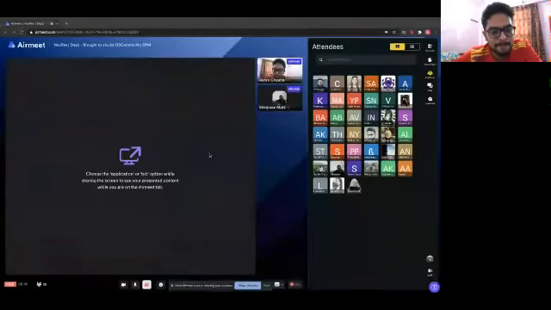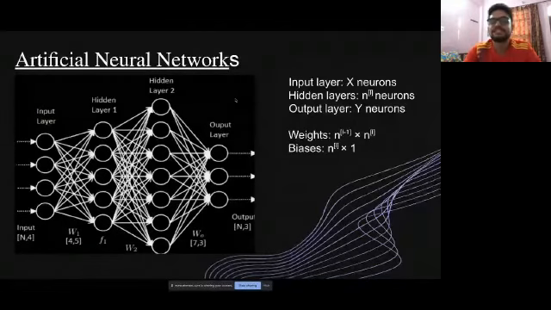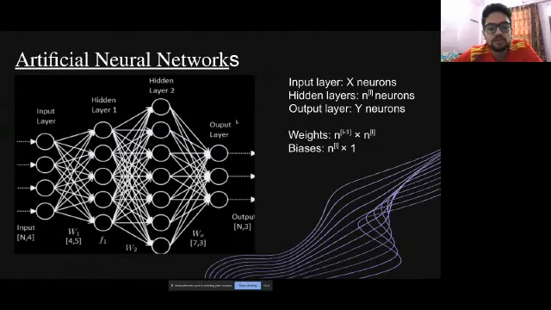So for those of you who've just joined us, I gave an intuition on artificial neural networks yesterday. So I'd like to give a recap of that intuition once again. Sorry about that, the internet's really been a pain today. So those of you who just joined us, I was talking about the intuition of artificial neural networks I gave yesterday. I'll just give a recap of that intuition once again.